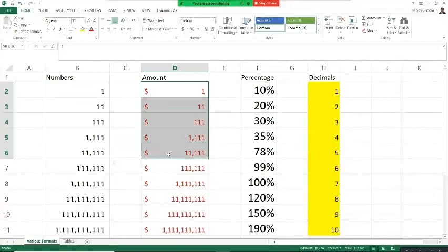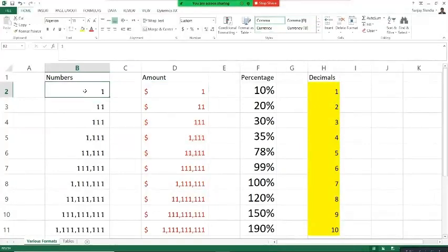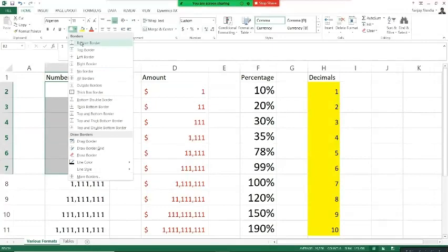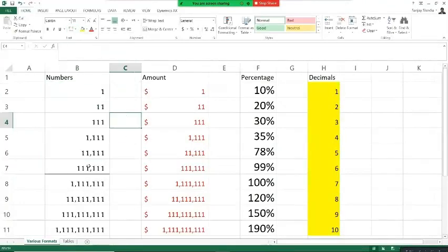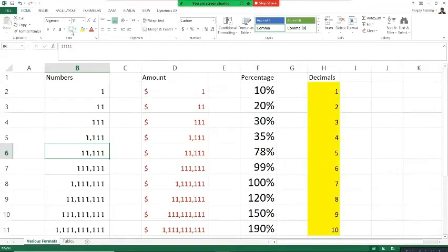Now we talk about changing the borders. If you want to change the border, select the cells for which you want to change it, and from here you can select the different types of border. If we select the bottom border option, the border will only appear at the bottom of the cell.